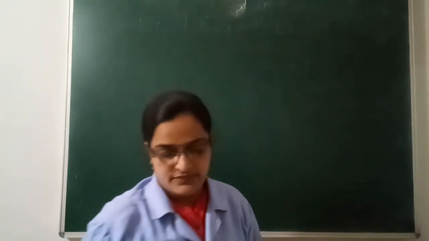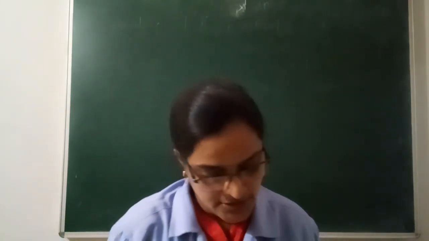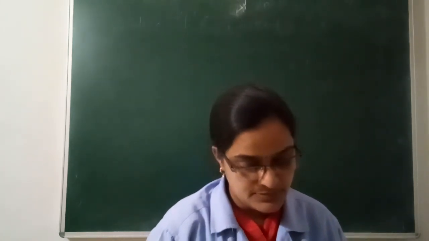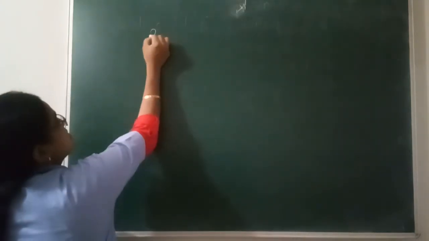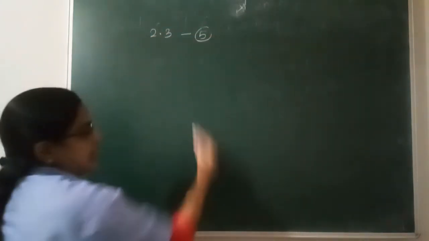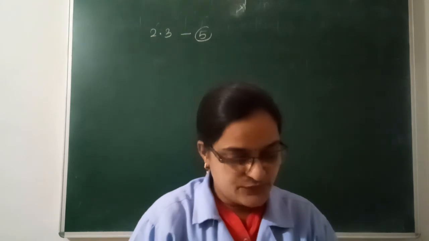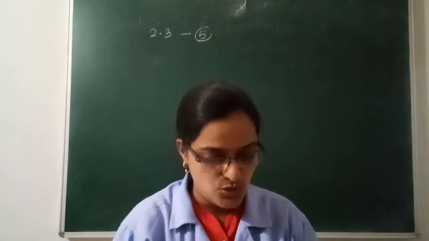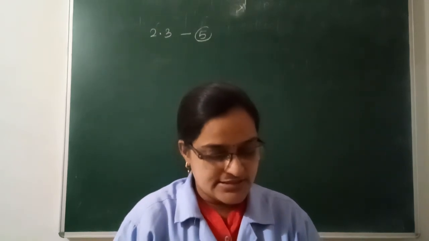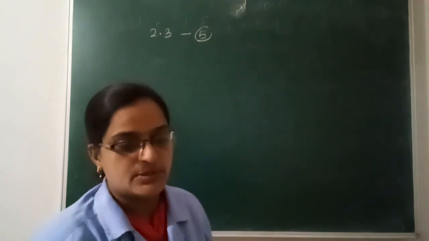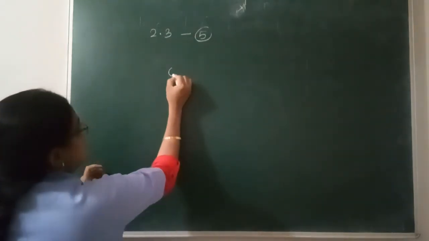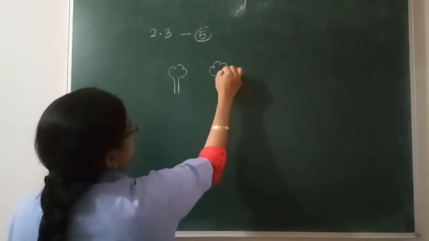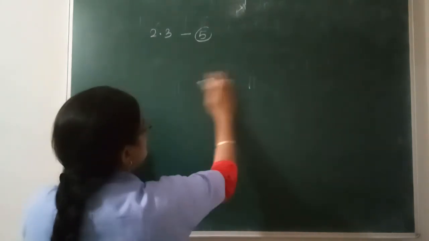Now see, one word problem I will explain to you from the exercise and then I will stop. See, from exercise 2.3, there is question number 5. Sahil plants 4 saplings in a row in her garden. The distance between two adjacent saplings is 3 upon 4 meters. Find the distance between the first and the last sapling. See, Saili has planted some saplings. I have shown the trees, but you try to understand they are saplings, or better I will draw saplings.